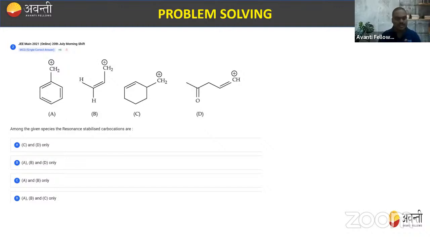The next question is, among the given species, which one is the resonance stabilized carbocation? So this type of question we already discussed many times. So we can say that A and B are resonance stabilized. In these, resonance takes place, and due to this they are called resonance stabilized carbocations।